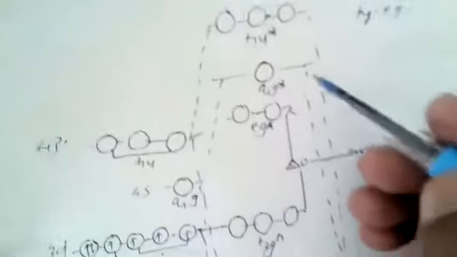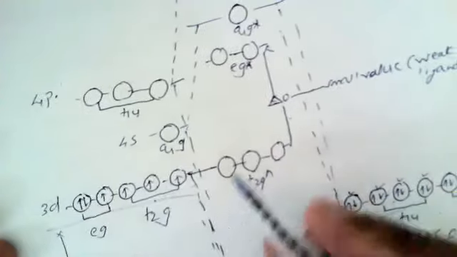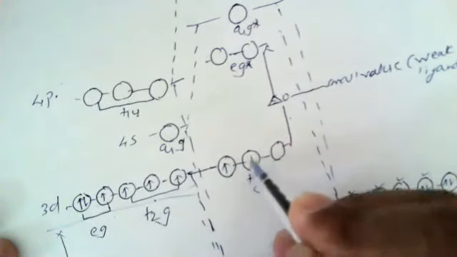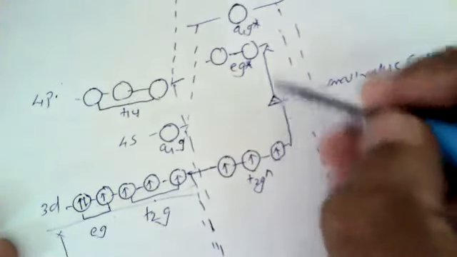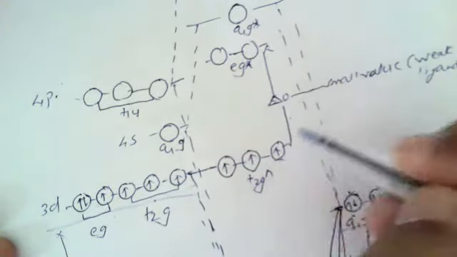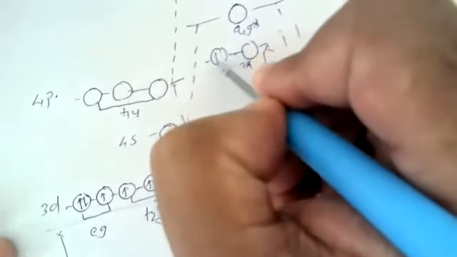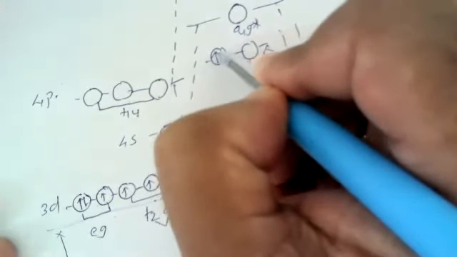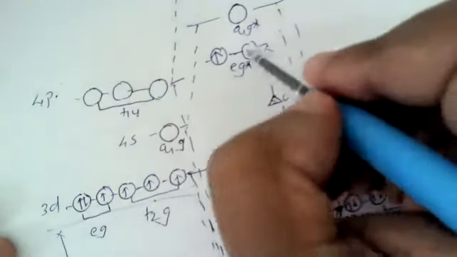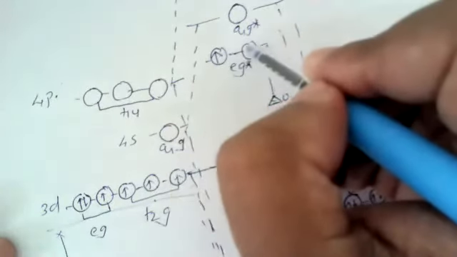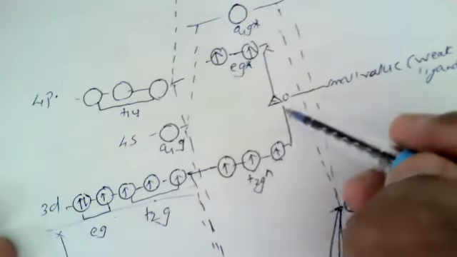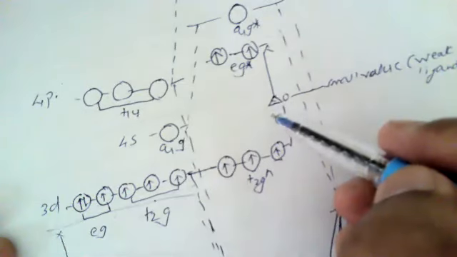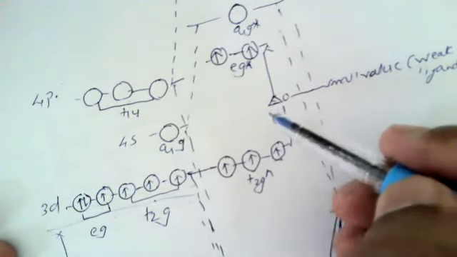First of all, amongst the 6 electrons, the first 3 electrons occupy singly like this. As the energy gap is very small, less energy is required to place the electron in the high energy Eg star orbital. So the 4th electron occupies here and the 5th electron occupies here. This is strictly according to Pauli's exclusion principle and Hund's rule of maximum multiplicity.